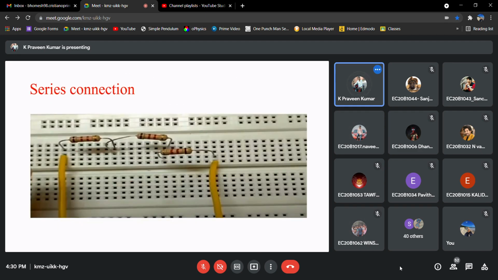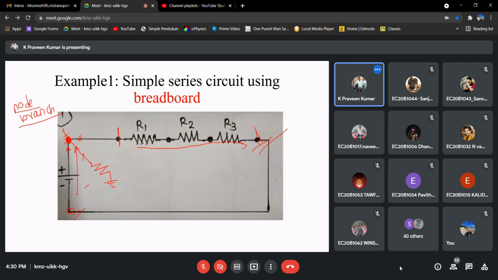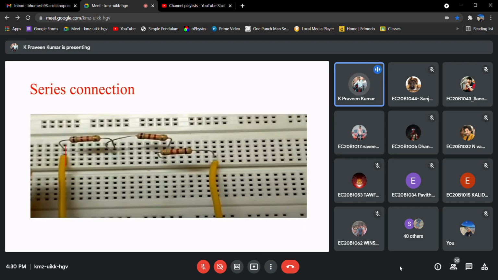Okay, so if you can see how it is getting connected, we already know all these points correspond to the same connection. If you take the same circuit, one point of the resistor we have connected, let us say, to some reference point, and another we are connecting at this point.